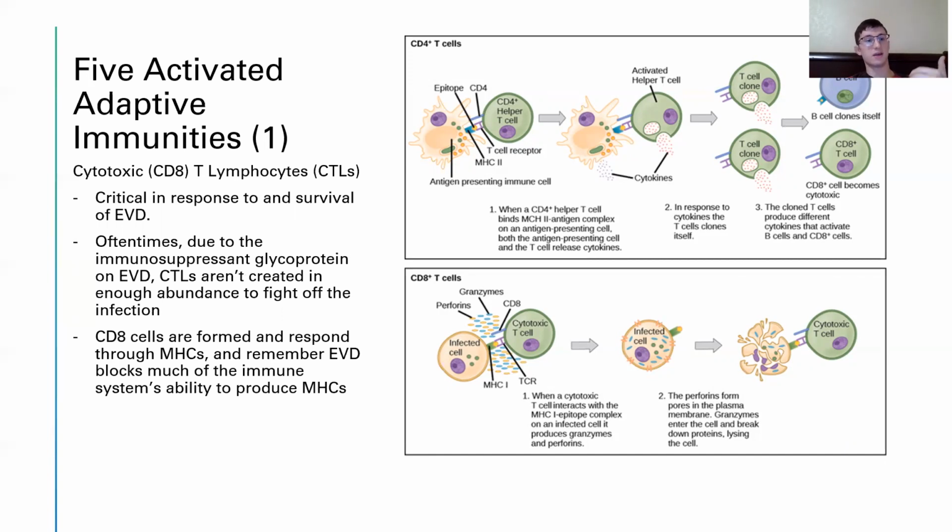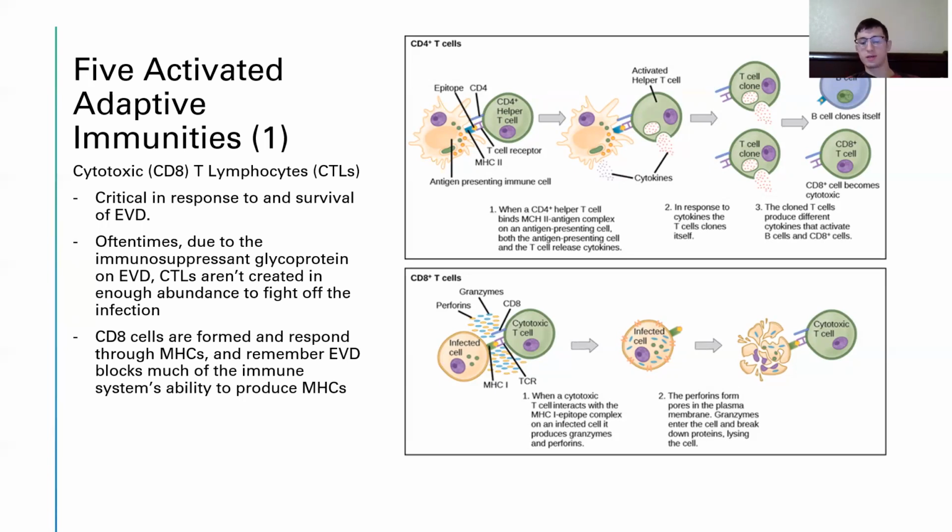So CTLs in this case, cytotoxic T lymphocytes. So what does this mean? That there's no evidence that there are actually cytotoxic T lymphocytes that are totally designated for Ebola. However, we do know that some type of CTLs are effective enough to fight Ebola virus. The study recommends that future vaccinations will create an abundance of CTLs to fight Ebola virus.